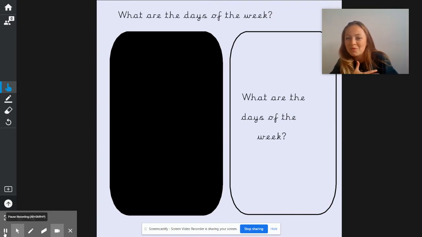First of all, to warm up your maths brains, what are the days of the week? How many days are there in a week? There are 7 days in a week. What is the first day of the week? And some people say different things for this one. What is the first day of the week that we have learnt at school? The week starts on the first day of school,